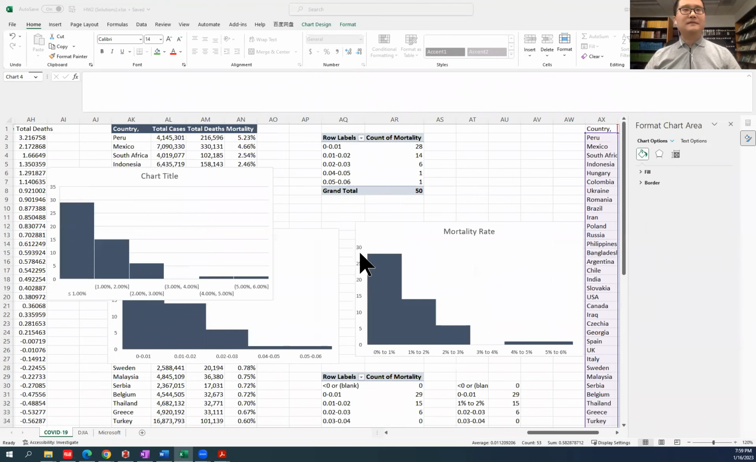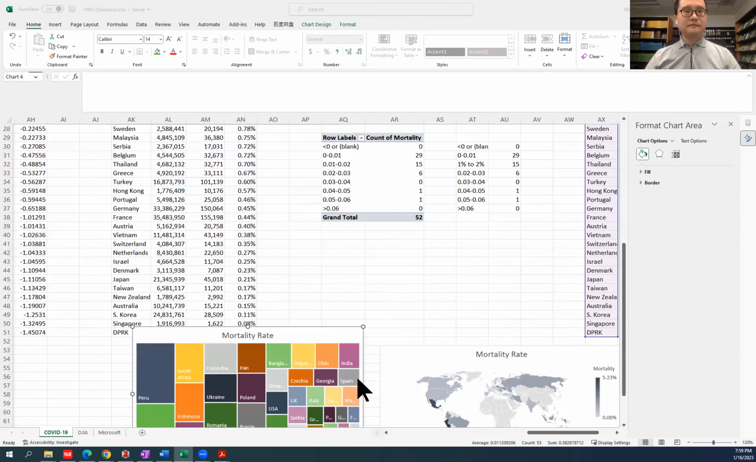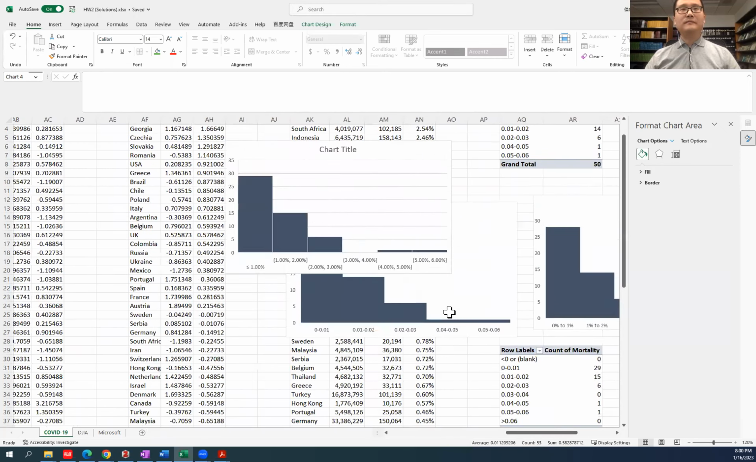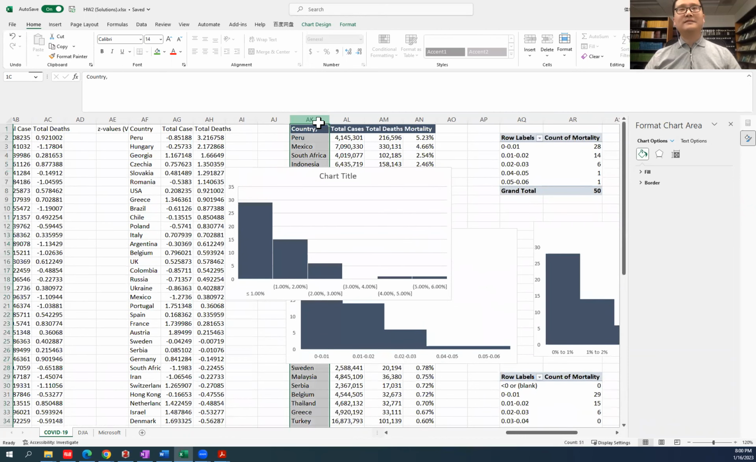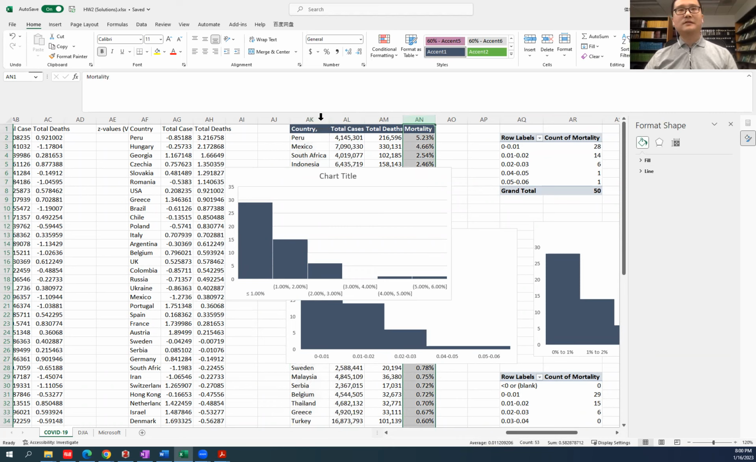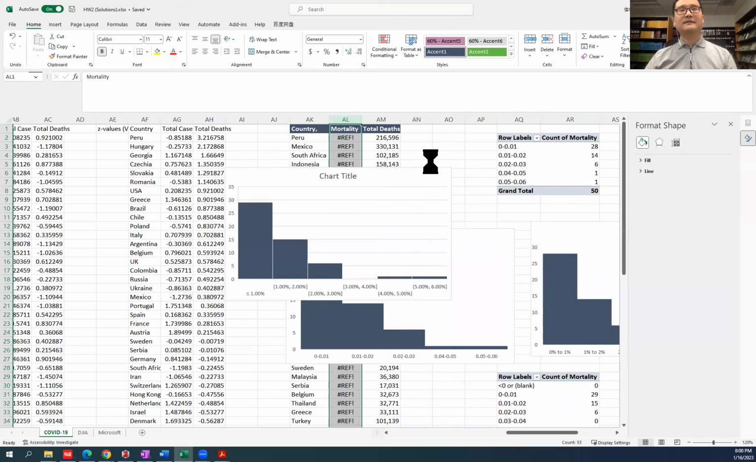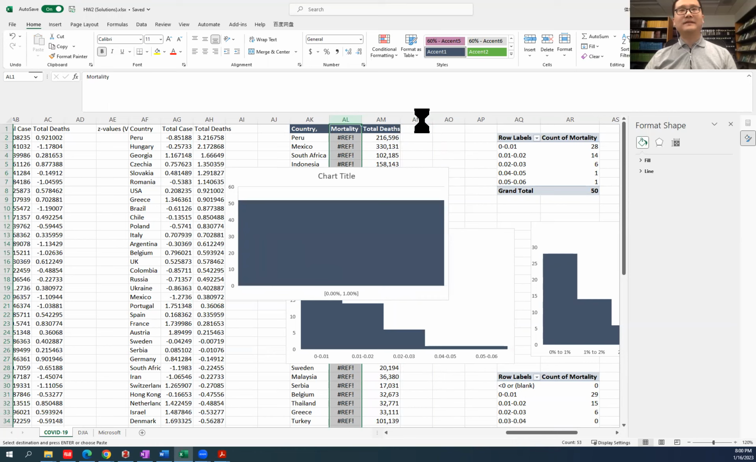Okay, let's demonstrate how to build a tree map then. To build a tree map, it's important that you must have the label of country right next to the data series that you want to be shown in the tree map. So for example, if you want to build a tree map of country by mortality rates, you must move this mortality rate right next to country. So you need to change the position of the